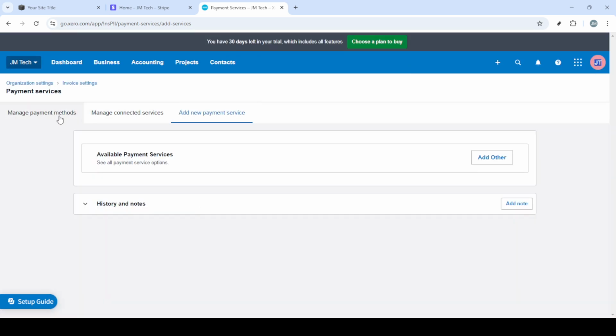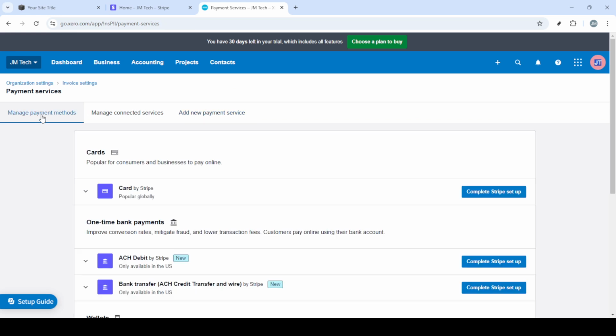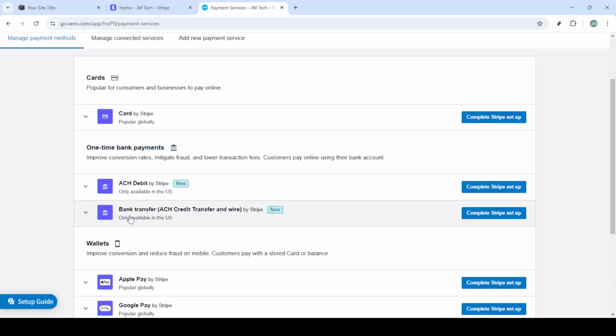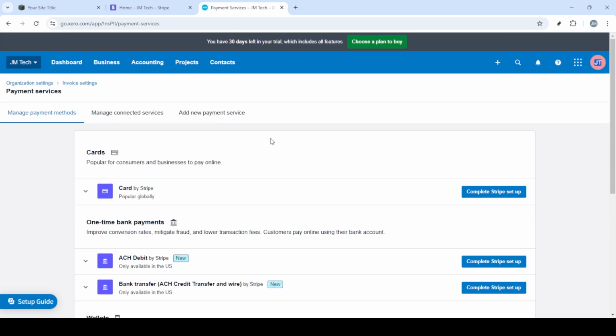Now you'll be prompted to enter your Stripe account name. This is generally the name under which your Stripe account operates, so make sure this is entered correctly to prevent any integration issues. Following this, you'll need to select a payment account within Xero that will be associated with your Stripe transactions. This helps Xero know where to allocate payments received through Stripe. Finally, the last step is clicking Connect to Stripe. This action will